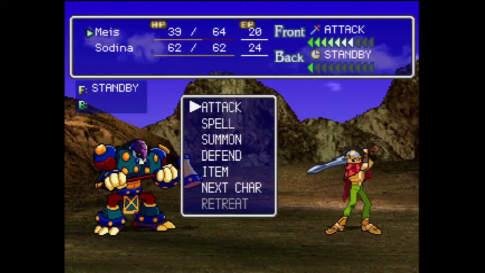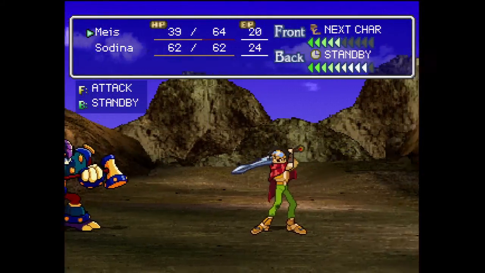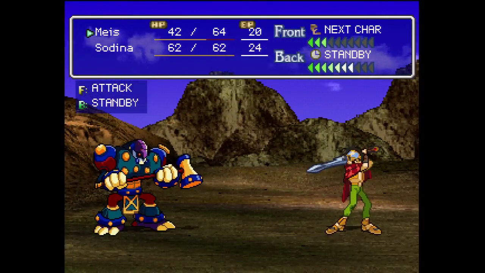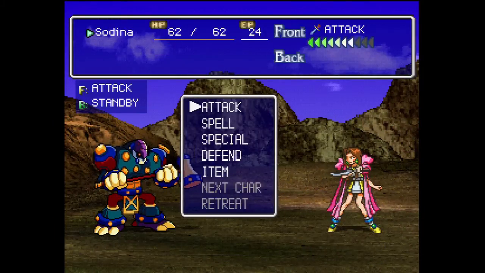Now, a new action available to us now that we have a character in the back row is Next Character. I'm gonna go ahead and show this off. What Next Character does... Yay, Sodina cheered, and I recovered 3 HP. Sodina took over for Mice, yes. When you use Next Character, you can switch to the next character in the lineup, and have them be the frontline character. The drawback to this is that the previous frontline character doesn't go into the back row, they just vanish from the fight entirely, so... Yeah... that's slightly less of a problem when you have 3 party characters,